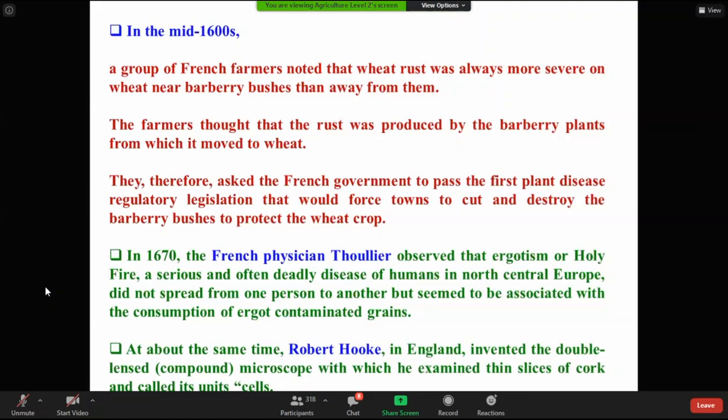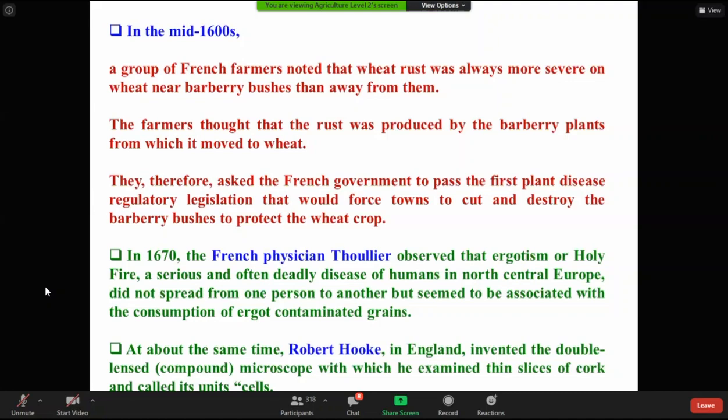If there is barberry plant, they observe more symptom of rust in wheat. The farmer then thought that there might be some role of barberry plants, or the disease moved from barberry plant to wheat plant. Then they asked their government, French government, to pass the first plant disease regulatory legislation rule, to cut and destroy the barberry bushes to protect the wheat crop